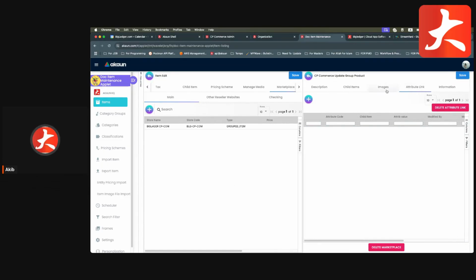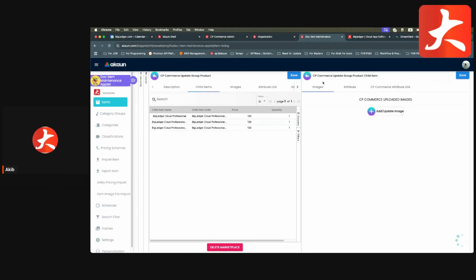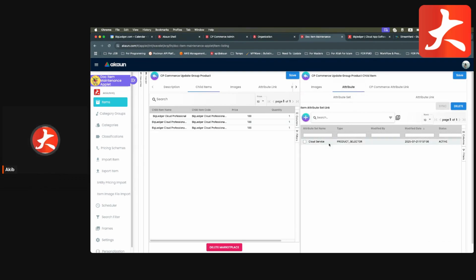Select the marketplace branch, and here you have the child items. For each child item, the value will be different. Here you're able to see the images. From here, you're also able to add the images of a child item. And then here you're able to set the attribute value for the child item. For example, since we already synced the attribute set, now we are able to